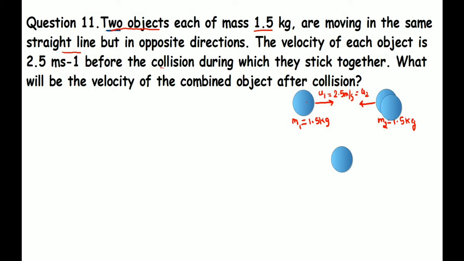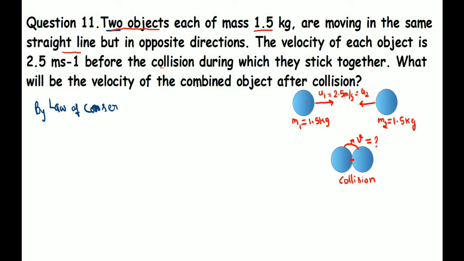So now student, it is given that they are colliding, and it is pretty obvious that when two objects are moving opposite to each other, they will collide after some time. When they collide, it is given that they stick together, they have joined. So they will have their final velocity as a whole. They both will have the same velocity because they will stick together. They will become a single system in which the masses of these two objects will be added. Velocity will remain the same for both.